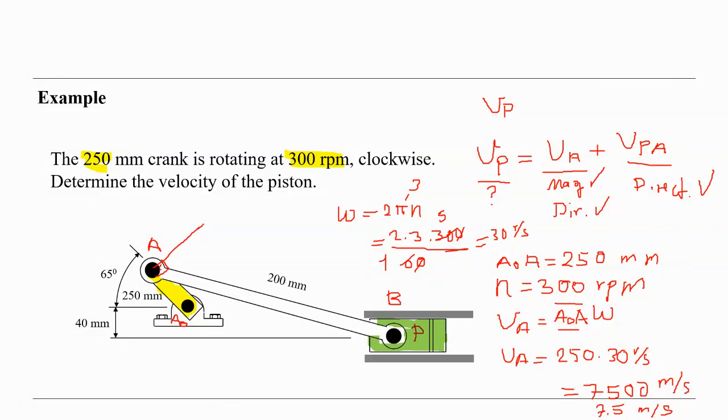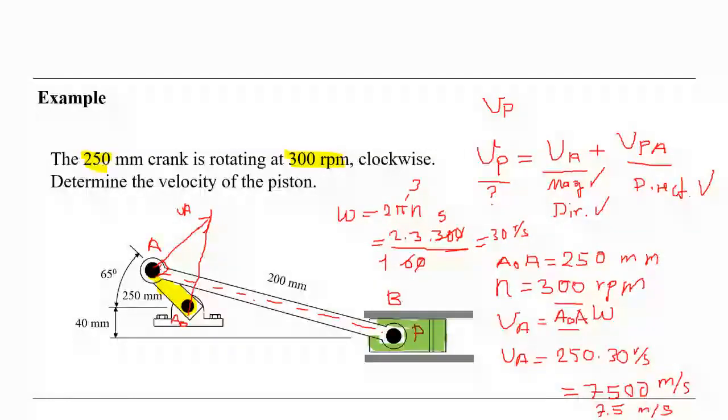This is the VA. So we know the magnitude and direction, and we also know the direction of the VPA, the direction of VP relative to A, which must be perpendicular to the line AP, like this here. So if we draw a perpendicular line to that from the end point of the vector VA, like this,